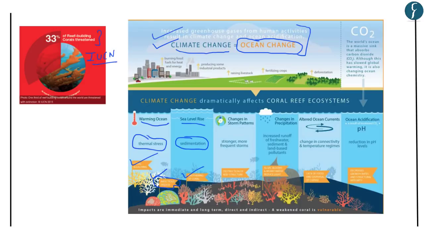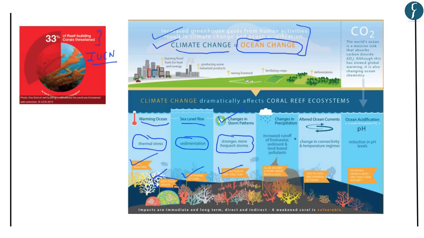Further, due to climate change, the changes in the storm patterns have been witnessed, and some of the tropical cyclones and storms have been stronger and more frequent in number. Now, what this increasing frequency and the strength of cyclones does is that it disrupts and destroys the structure of the coral reefs. And again, this is one of the impacts of increasing frequency of the cyclones on the structural integrity of the